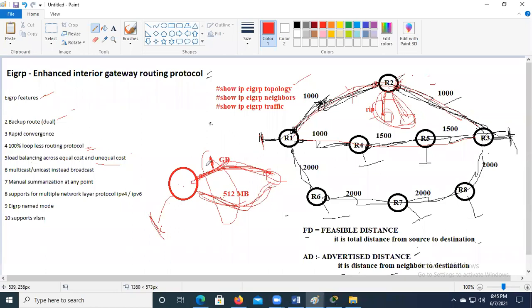Whenever you have unequal costs to reach the destination and still want to use both paths, yes, we can. Unequal cost load balancing must be configured manually by the administrator. With equal cost load balancing, when the costs are the same, the protocol itself understands it has the same cost and will use the same paths.